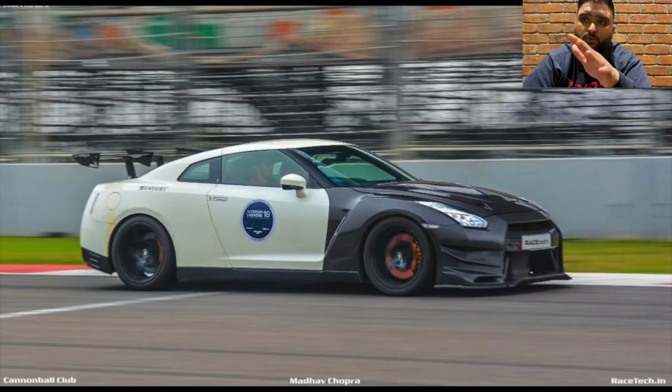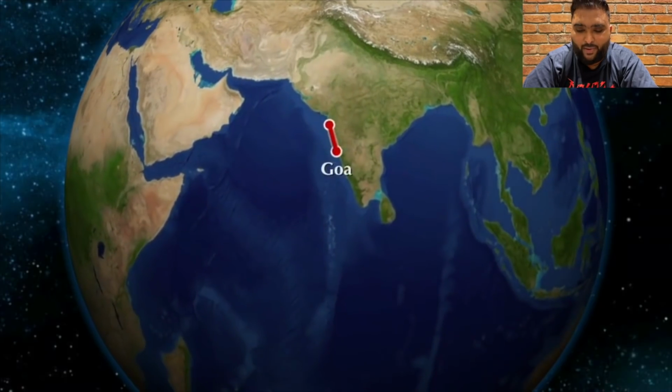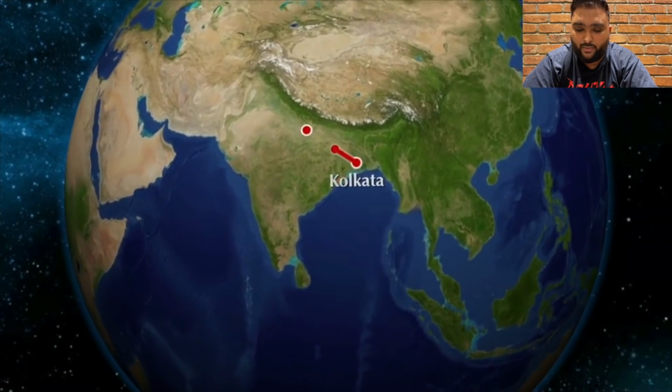All right, next off the list, we have another GTR. This GTR is special because it's one of its kind. It belongs to a very close friend of mine. It's a fast GTR, but what makes it unique is that it's been practically almost everywhere in India. He's taken it on a massive, long road trip. Some of the places he's been to is Udaipur. I think he started in Udaipur, then he came to Mumbai. He went to Goa, went to Bangalore, went to Chennai, then Hyderabad, then Kolkata, then Lucknow, and then Delhi, where he resides. 8,000 kilometers, and this car is